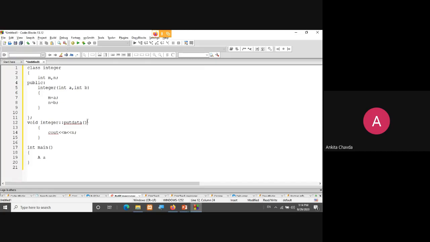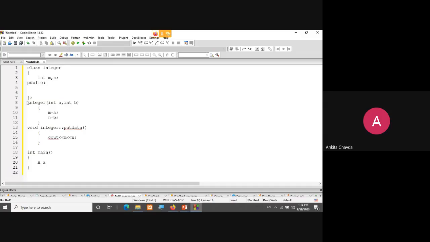Same way, I can define my constructor outside of the class. I'll simply write Integer, and right now I'm writing a no argument constructor.